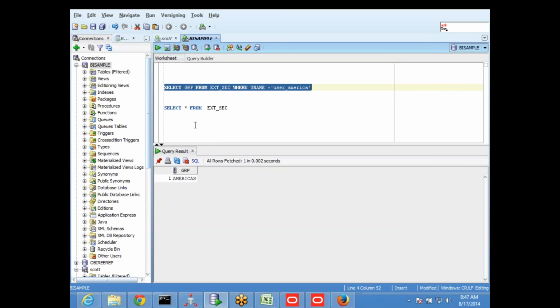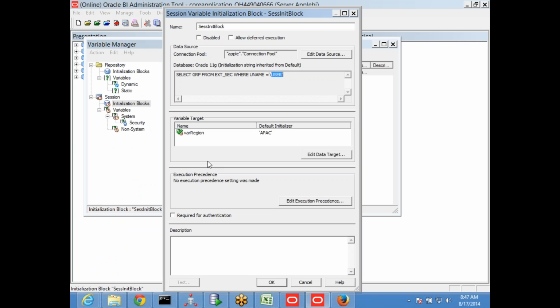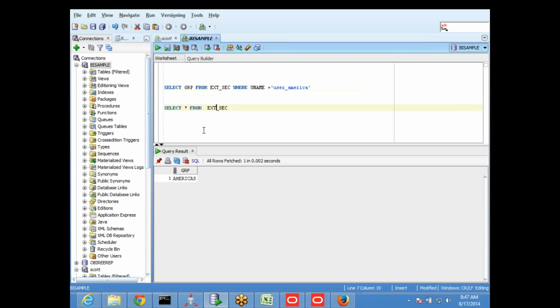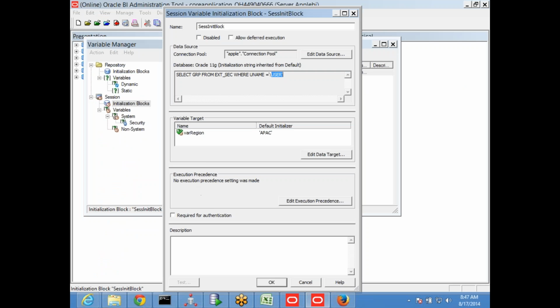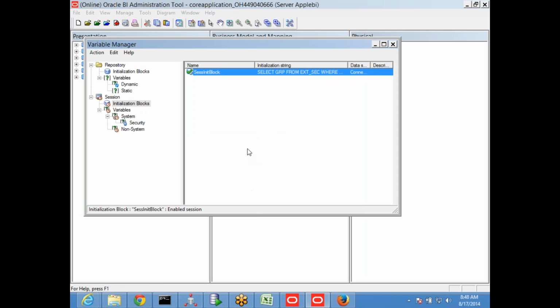In the same way, whenever individual users are trying to connect, the colon user system variable will tell you who is coming inside. Then, as per that, it will get the relevant values, and these values will be assigned to this variable. Whatever output you get from here will be assigned to this one. Since I know that this variable will give different values to different people,